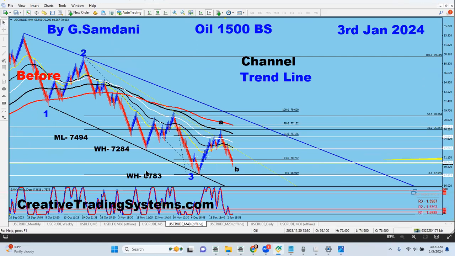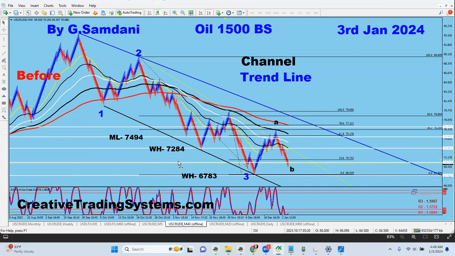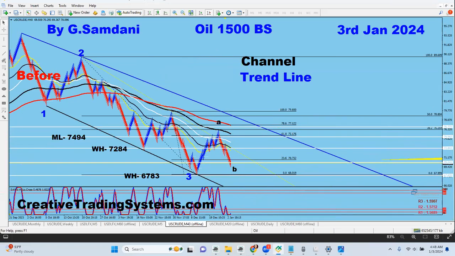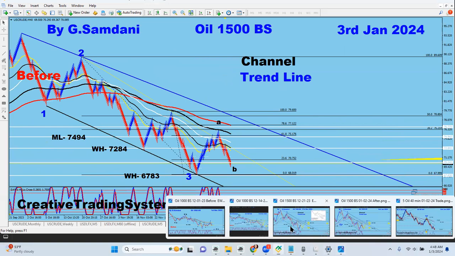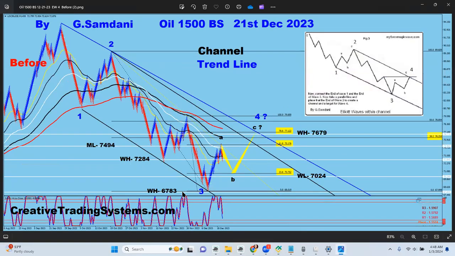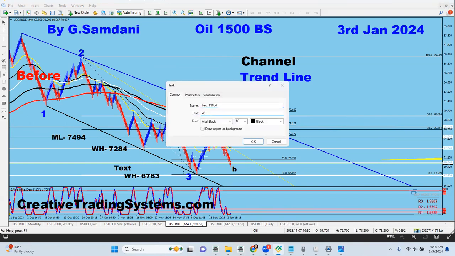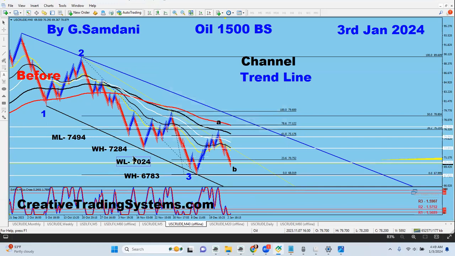I forgot to type the number here. This is 70.24. This white line here currently, or maybe it is in the back here somewhere. Nope. So let me see. Hold on just a minute. Is it a weekly high? No, it's a weekly low, 70.24, right? So it's a weekly low, 70.24. I don't have it here, so I'm going to just type here: weekly low, 70.24, right? So this is the level. If we can stay above it and then go back up for wave C, maybe into this area, right?